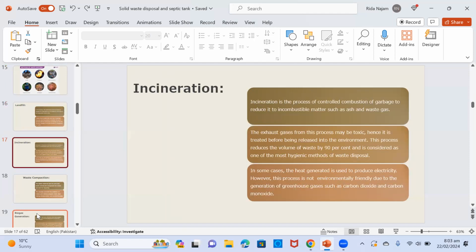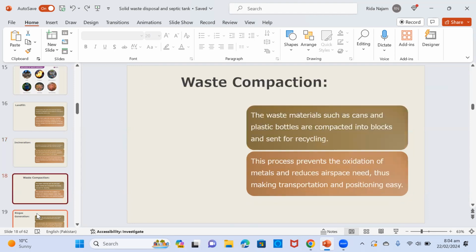Incineration is the process of controlled combustion of garbage to reduce it to incombustible matter such as ash and waste gases. The exhaust gases from this process may be toxic, however, they are treated before being released into the environment. The process reduces the volume of waste by 90% and is considered one of the most hygienic methods of waste disposal. In some cases, the heat generated is used to produce electricity. However, this process is not environmentally friendly due to the generation of greenhouse gases such as carbon dioxide and carbon